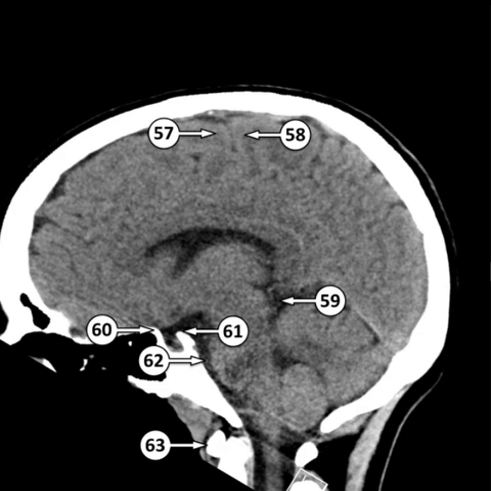57, this corresponds to the precentral gyrus, which is the primary motor cortex, separated by the central sulcus of Rolando. 58 is the post-central gyrus, which is the primary somatosensory cortex. 59 is the quadrigeminal cistern.